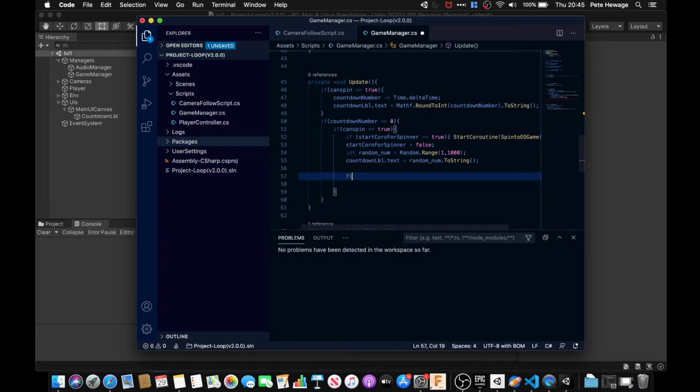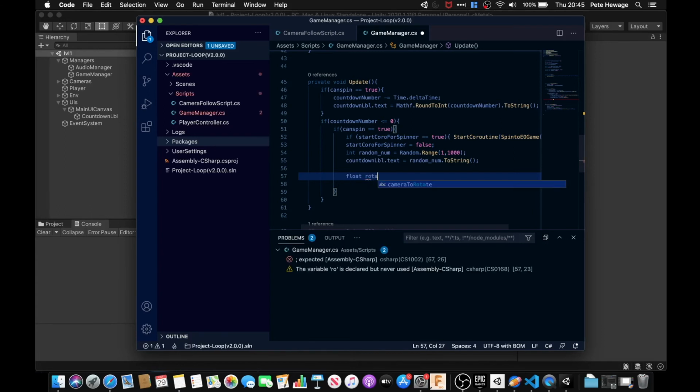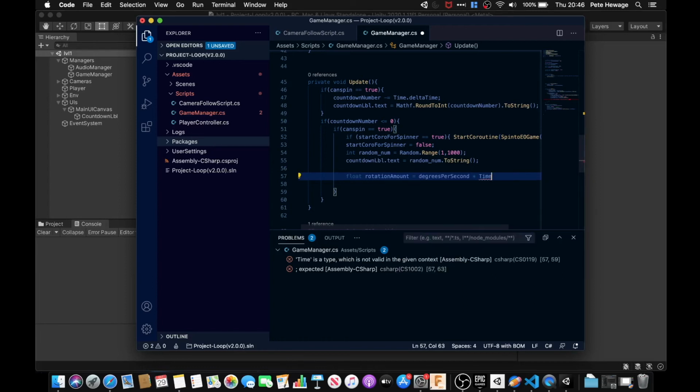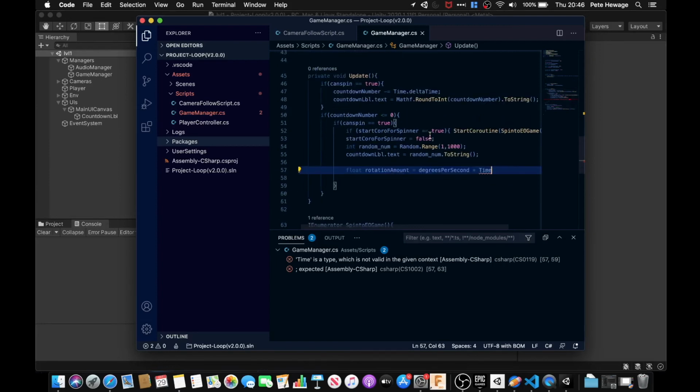So to do that, I'm going to create a float, and I'm going to say rotation amount. What I think the calculation should be here is the degrees per second, and I'm going to multiply this by the time, just to make this the right kind of rotation amount that we need. Otherwise it's just going to be a raw value, and I don't want to rotate just by 300. So Time.deltaTime,